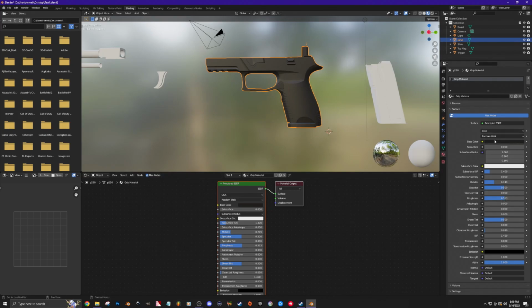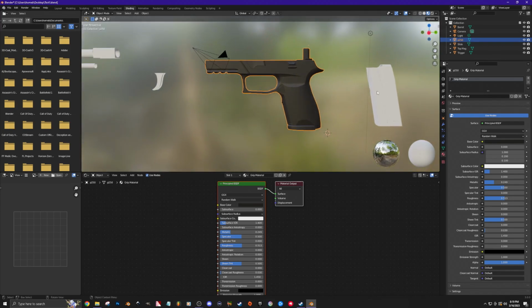That's how you would go in and add a base color. Again, you can play around with these different settings. You have a clear coat that you can add, clear coat roughness. You just kind of have to play around with these a little bit and get this to look the way that you want. The next thing I want to do is add a material to the top